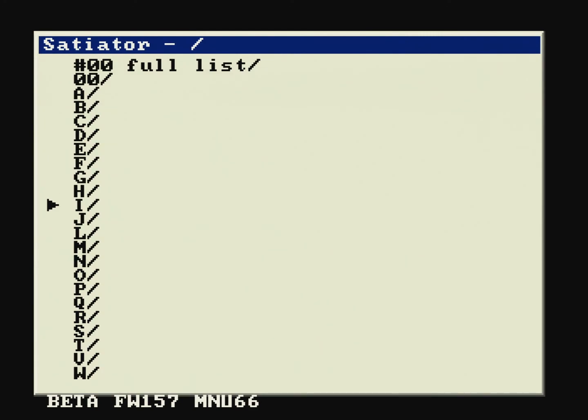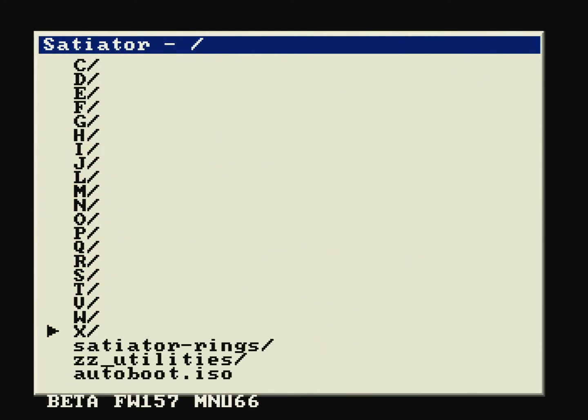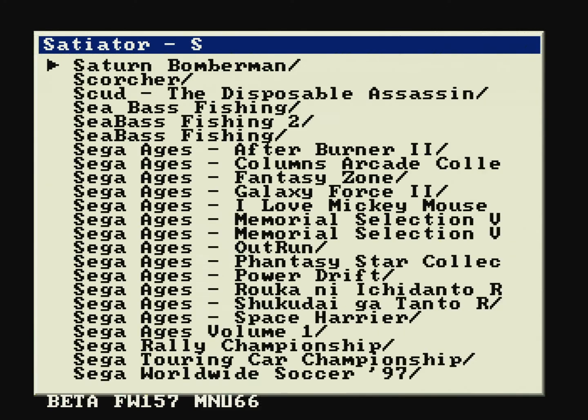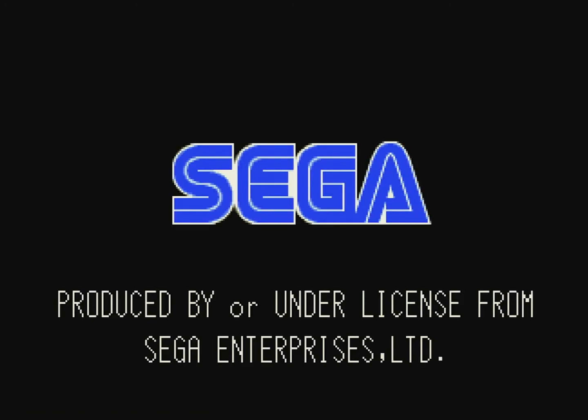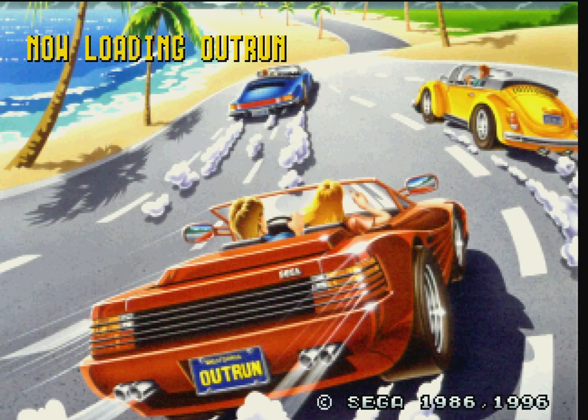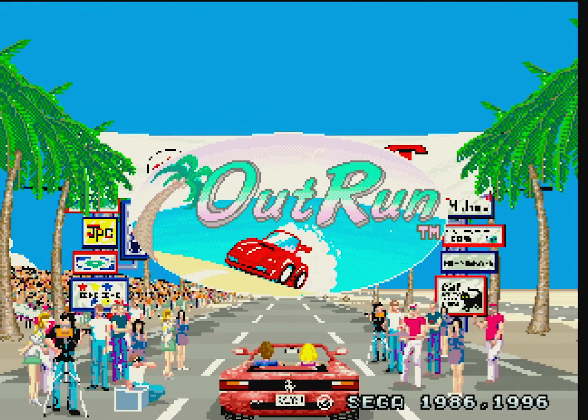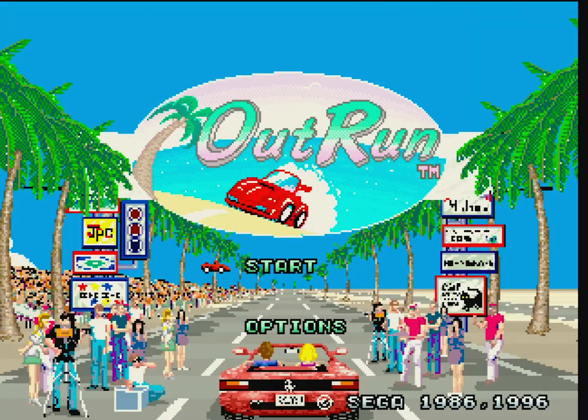Okay, so here's the stock menu. As you can see, the menu navigation is much quicker than on Rings, but that's understandable because Rings has graphics. But anyway, we'll go ahead and go back into Outrun. So I click on Outrun, and boom, we're in the game. We're playing. We're already there. So that's my one complaint on Rings. It has a loading screen that we have to wait for, whereas with Satiator stock,